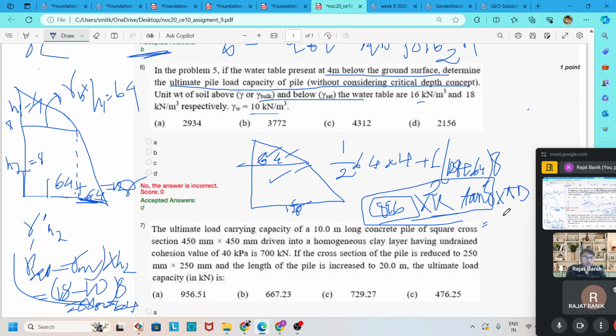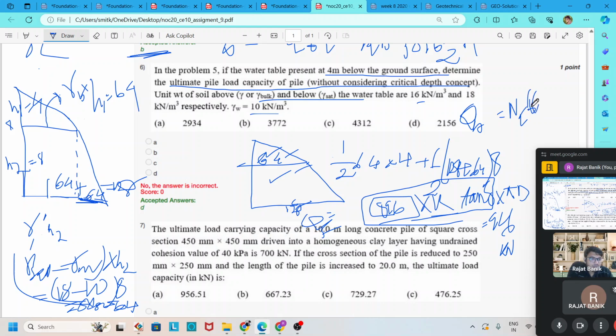in terms of kilonewton. So put all these values: 896 into K value, which is 2, into tan delta, which is 10.75, into 5, into 38 into 3.14 into 0.3, which is equal to 916 kilonewton. So QS is our 916, and for QB we have to find NQ